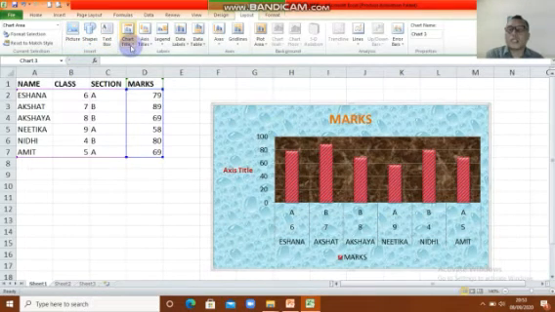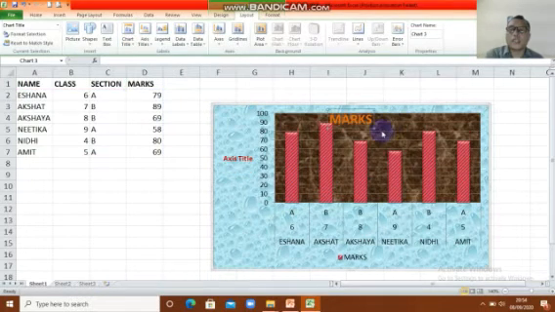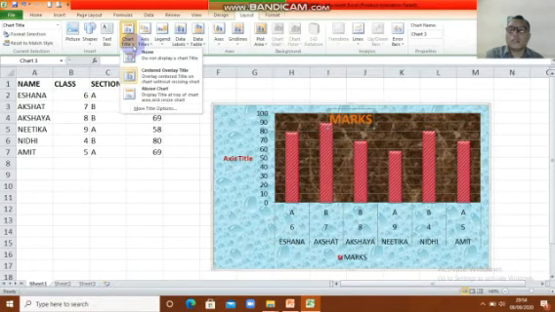Chart Title. For example, you want to make the chart title centered overlay. You can see the difference when I click this. Look at this, there is a change. We want to make it back, so we choose this.